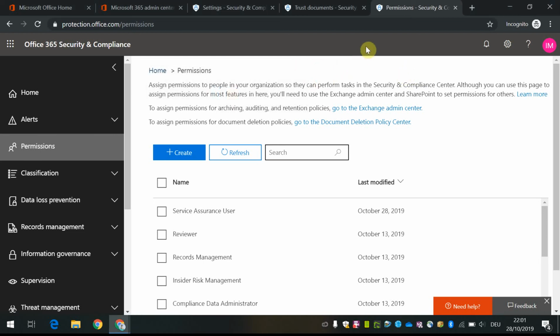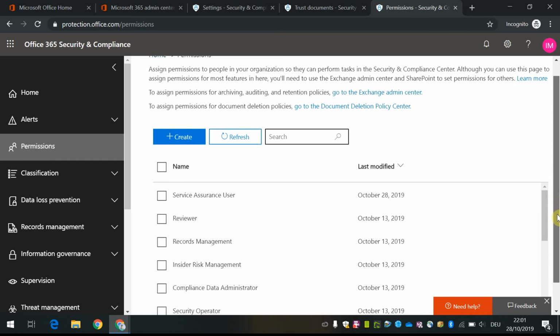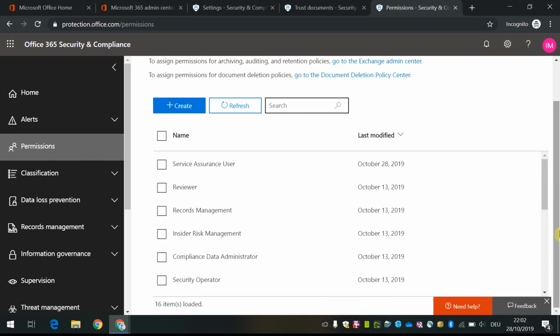In this video, I would like to concentrate a little bit on permissions which are available in Security and Compliance Center. So if you click on the Permissions tab, you'll see some roles which might be interesting, which might be confusing. But anyway, I will try to give you an overview on what it means, with focus just on a couple